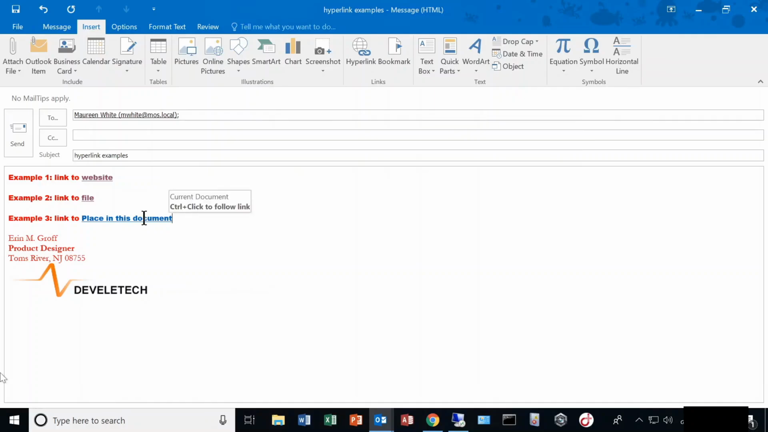When I do Control and click here, you can see once I activated that hyperlink, it automatically brought my cursor to the very top of the message body, or the top of that document. Okay, so that's another example of a link. And then we also have